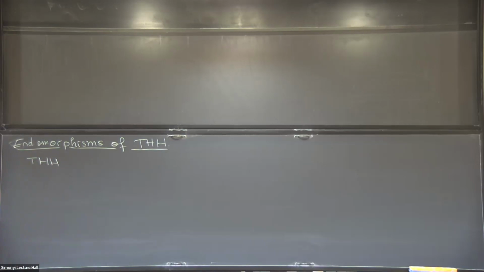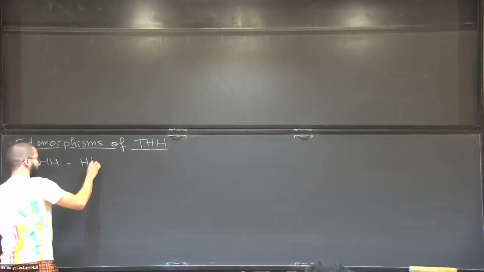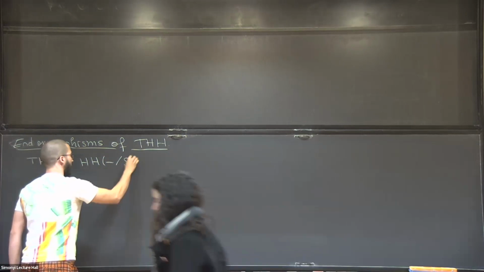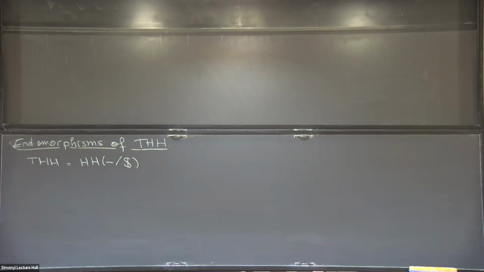THH is an analog over the sphere spectrum of classical Hochschild homology. I probably will never say topological Hochschild homology because it's quite long to say. Hochschild homology, of course, is very interesting for many reasons. Classically, it's related to de Rham homology and so on. And maybe more relevant here, THH is related to TC and TC minus and so on, which are related to prismatic cohomology. So maybe it's a natural object to try and study. And you can think of it as some kind of noncommutative cohomology theory,